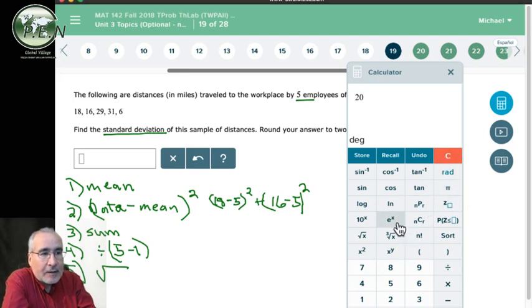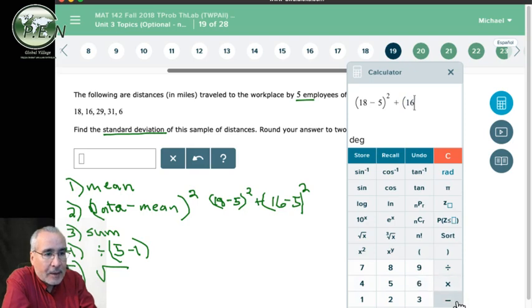Let's clear this. Let's use parentheses. I want to take 18 minus 5, close the parentheses, and then square it. There's a square button right there. And then we're going to add